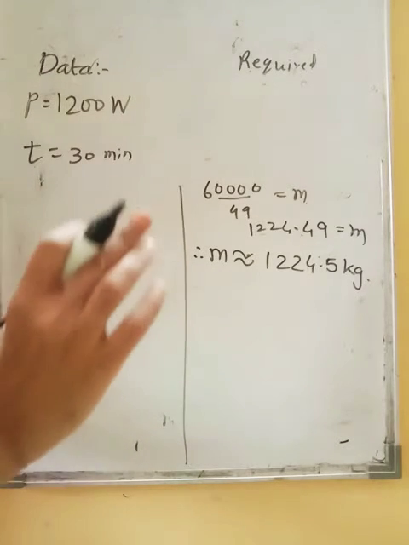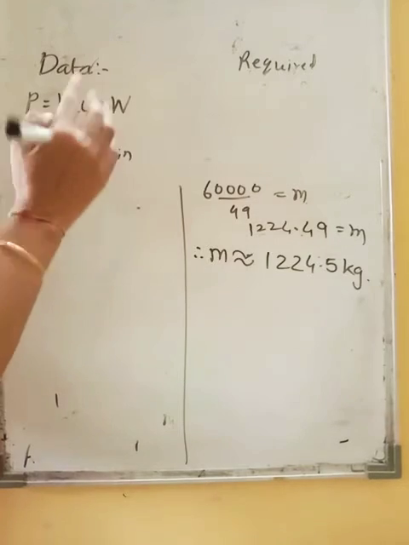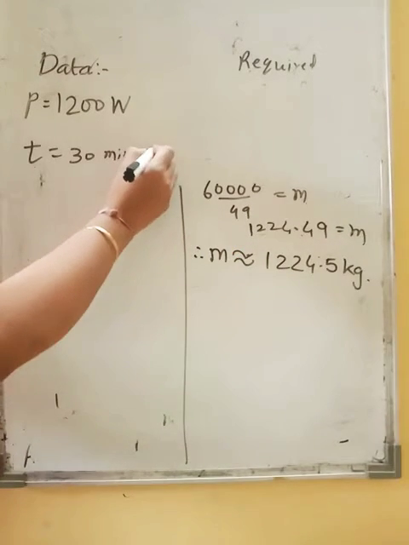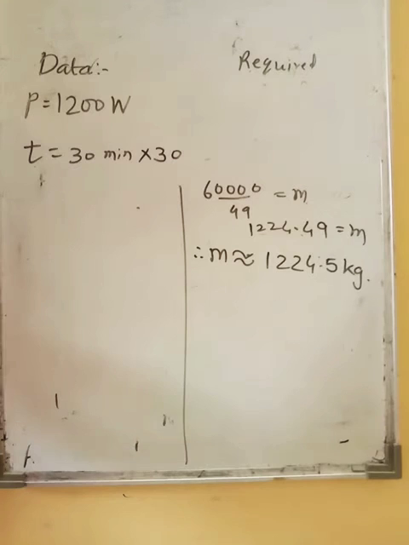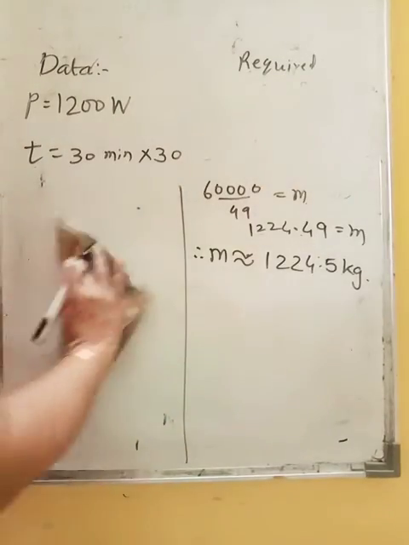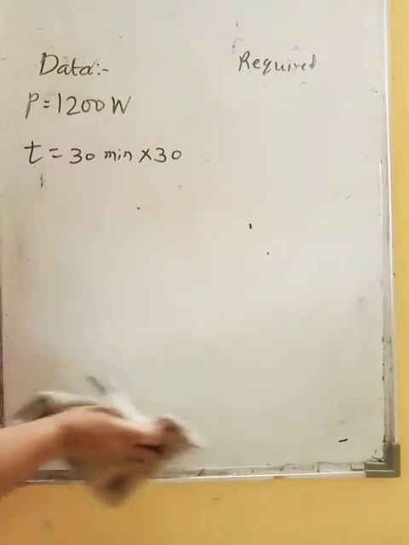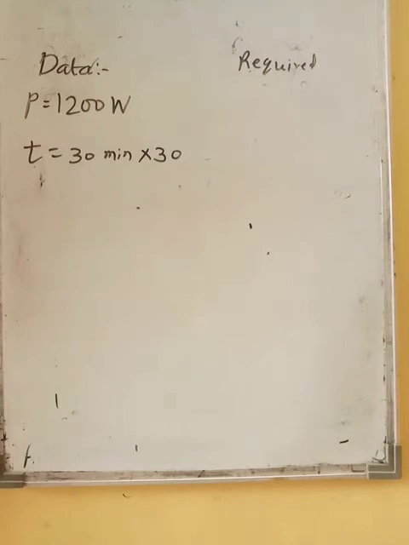Children, they have asked for the whole month, so the timing is 30 minutes for one day. So for how many days are there in April? 30 days are there. So you have to multiply it by 30. Correct? Okay, so that is the information given. And children, here you are asked to find the answer in units. So you have to take care. Always the electricity bill is in units.